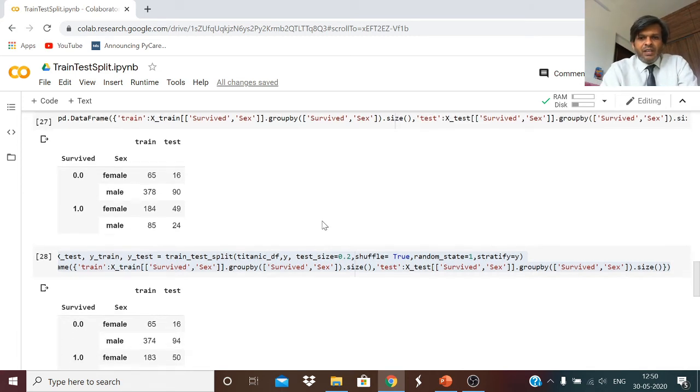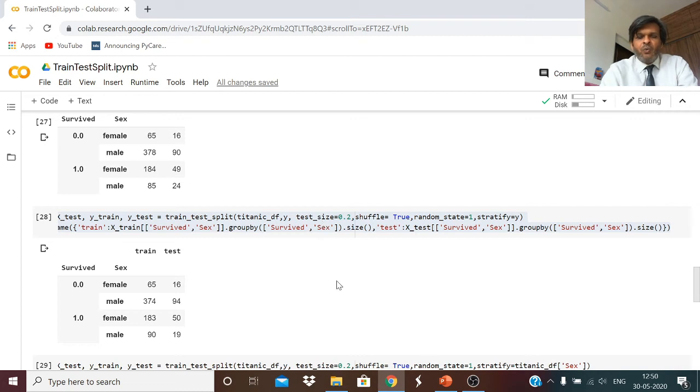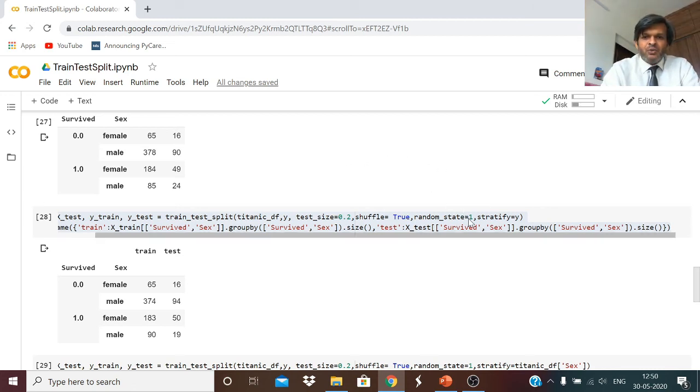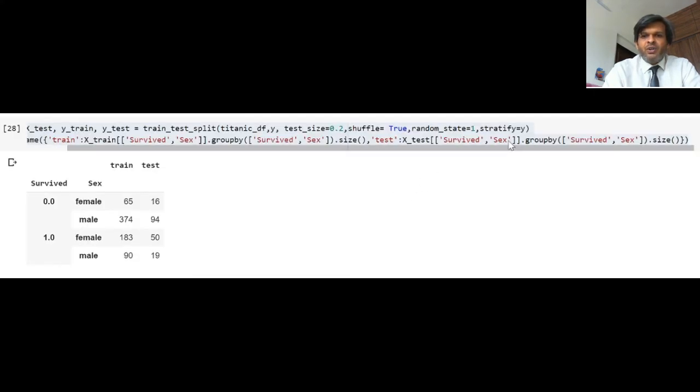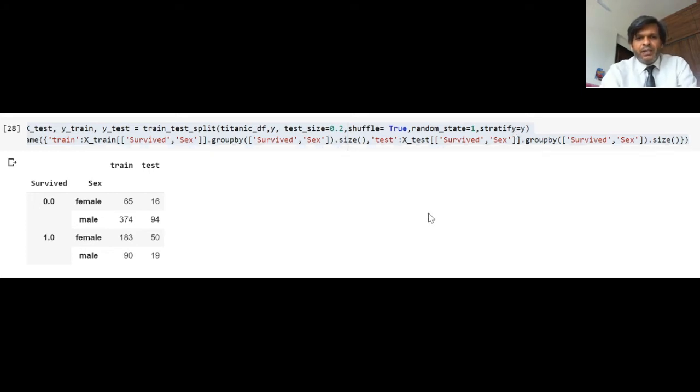Now we look further at how we can granularize this distribution and how we can control it. Earlier we just gave random state equal to some number. Now we give stratify equal to y, and see what impact that has on the split.